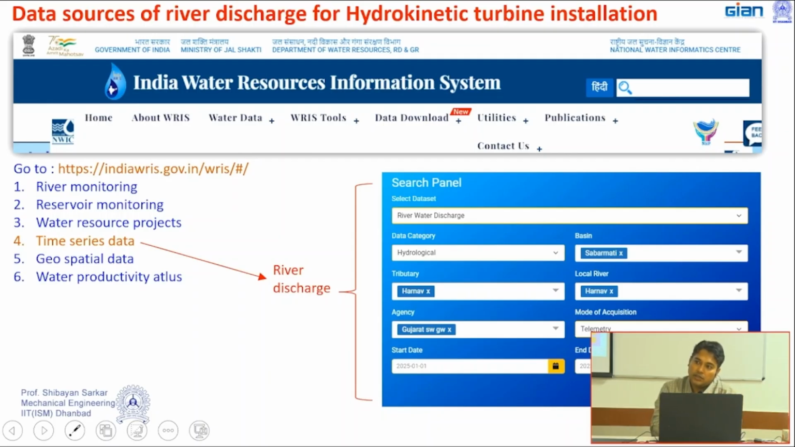So far we have discussed if we are trying to measure. Now suppose you don't have the facility for measurement, so you would like to take help from other sources. In India there are also sites available. This is the India WRIS government site. So this particular site, if we go,